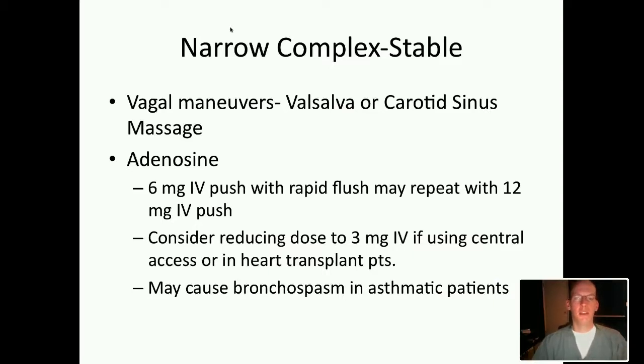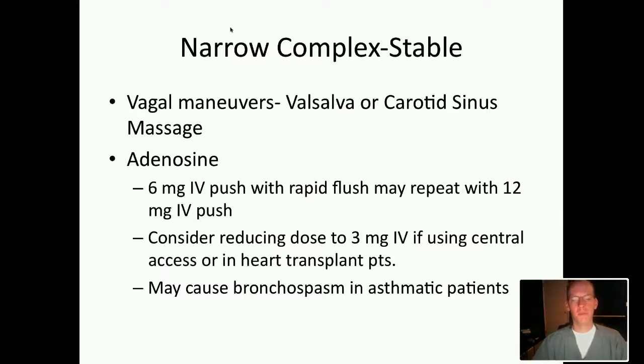If that fails to terminate the rhythm, you'll always see a result. If you don't see a slowing, then the patient didn't receive the drug. You'll always see something. It may not be enough to reset, and the patient may speed back up, but you'll always see something. So if you don't see anything, you should worry that you didn't actually give the drug. But if you give the drug, you see slowing, but the patient kicks back into a rapid rhythm, then you can repeat it. The next dose would be 12 milligrams, so you double the dose,